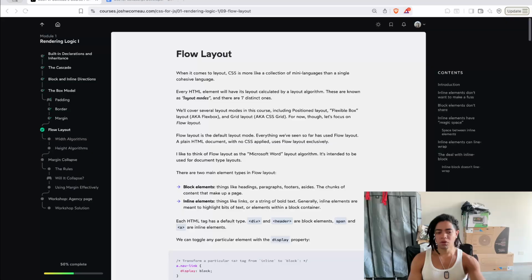In CSS you can inherit properties, especially text-based properties, right? For example, color is one of them, and the way these different CSS rules are applied is the cascade